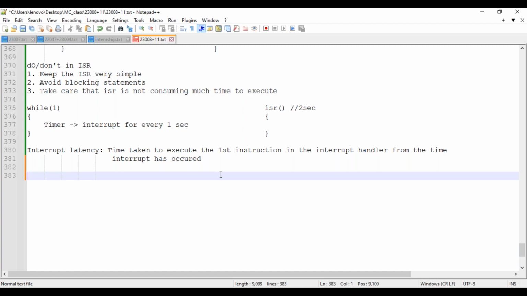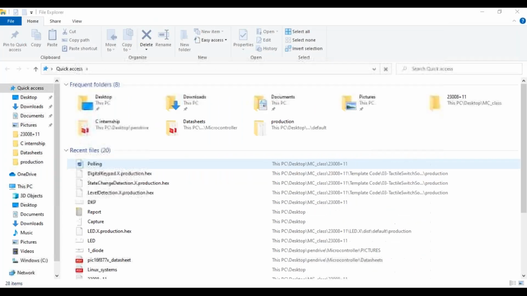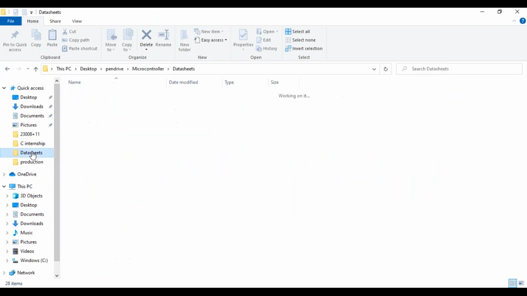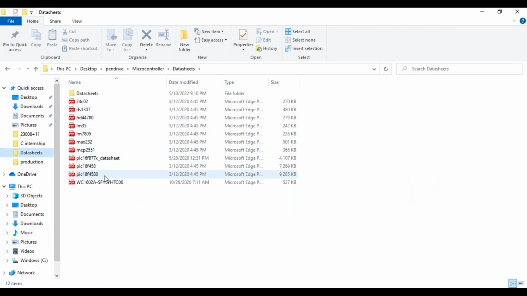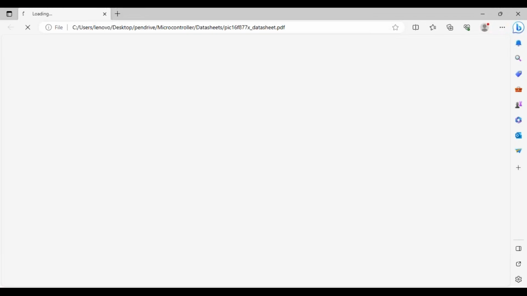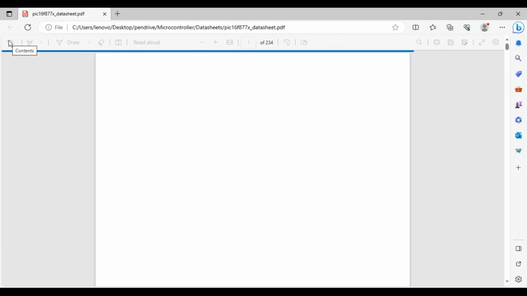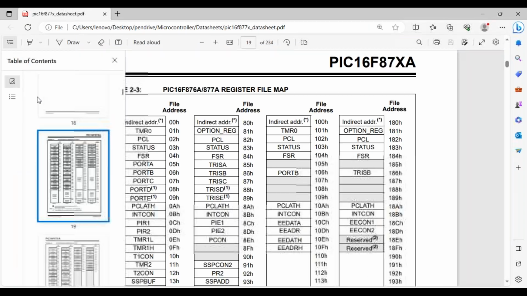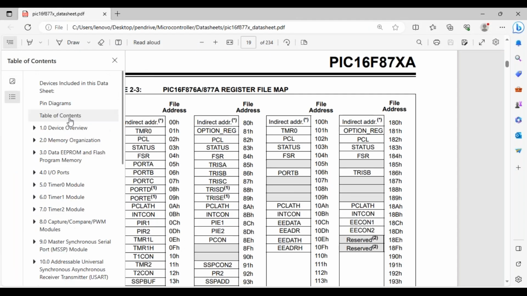Which document should we be referring? Yes, so we have to go look at the data sheet. Now let me take you to the data sheet. I will just highlight things and then the rest of the things we can do later also. I will first take you to the table of contents. Please look at the table of contents and then decide